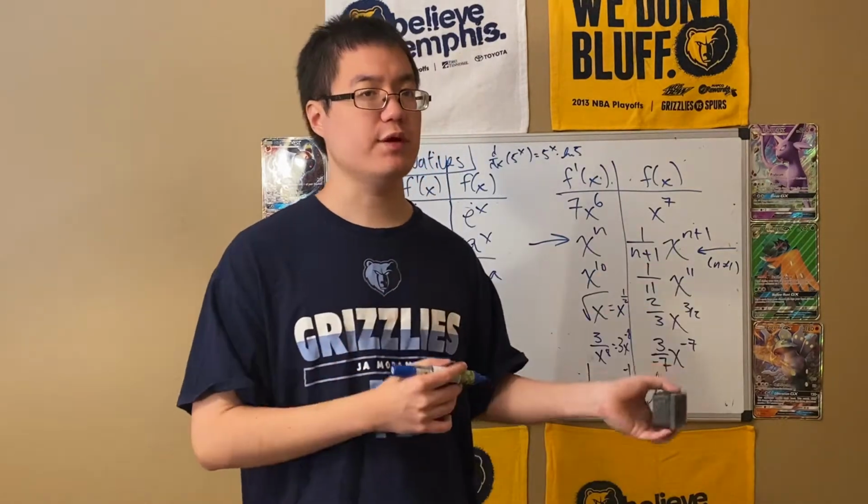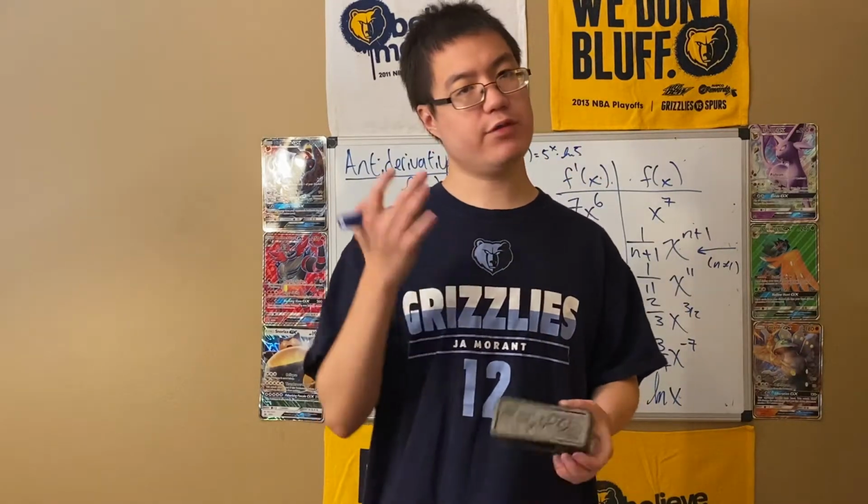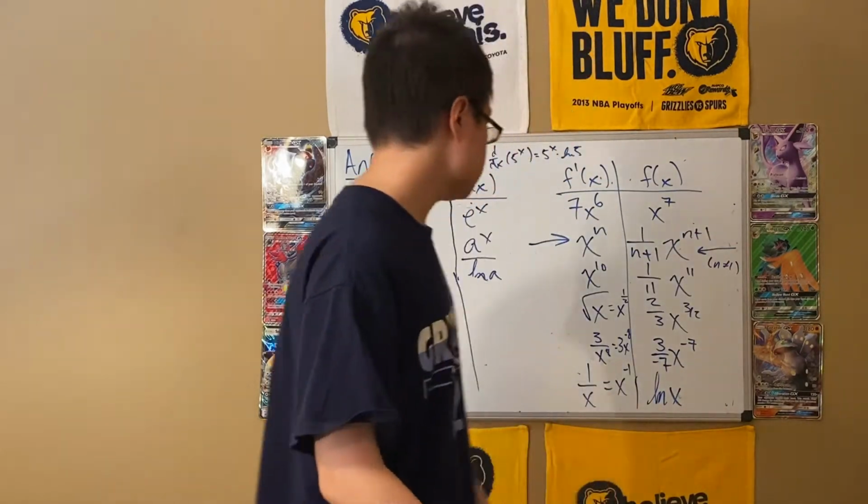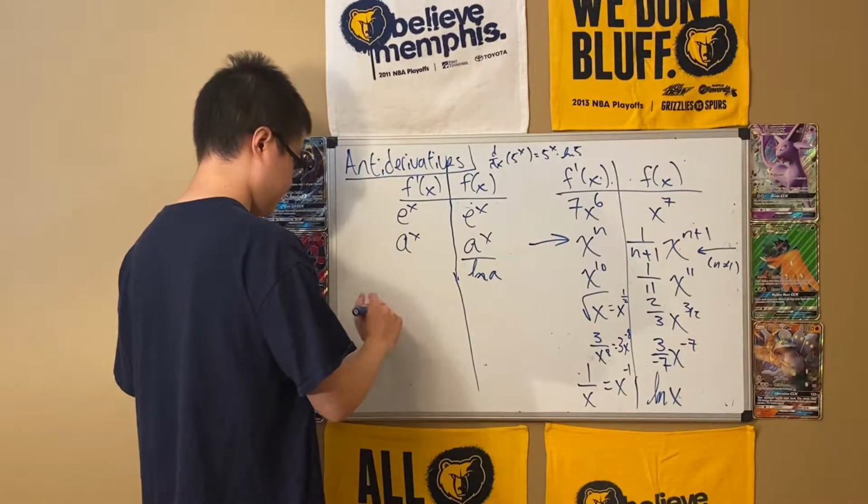Like the derivative of 3 sine of x is equal to 3 cosine x, so that means the antiderivative of 3 cosine x is 3 sine of x. So sort of in terms here,